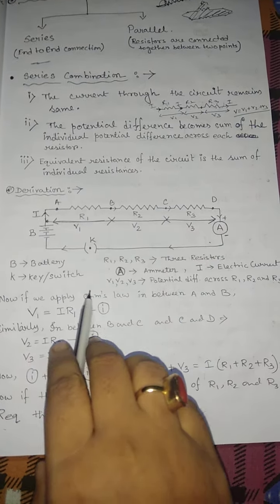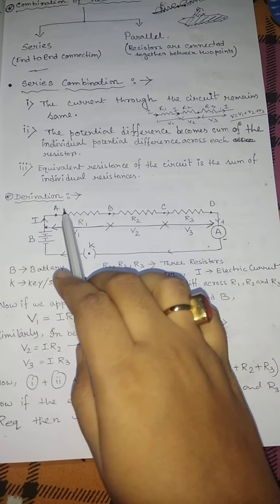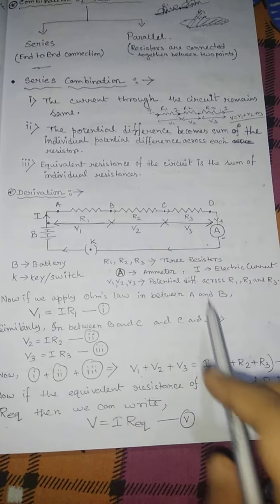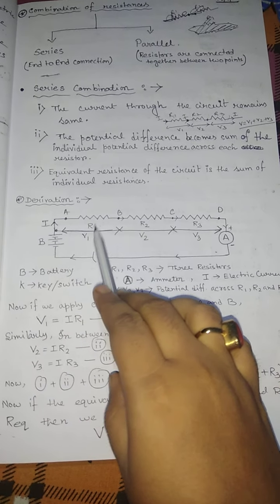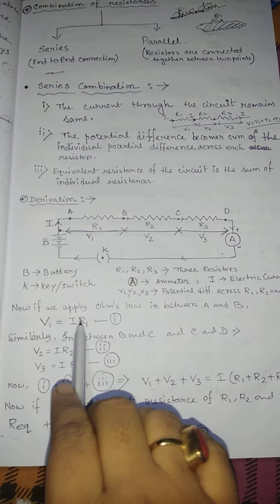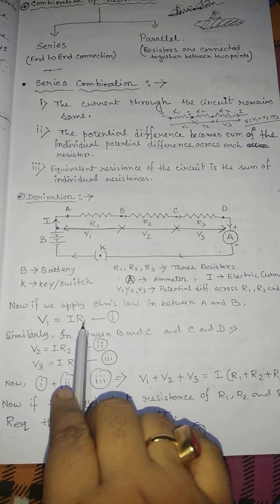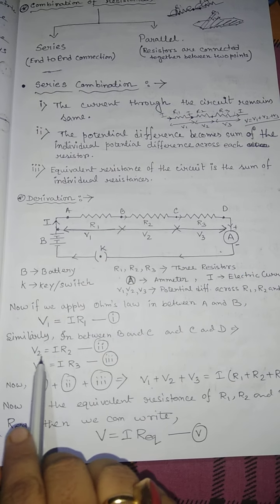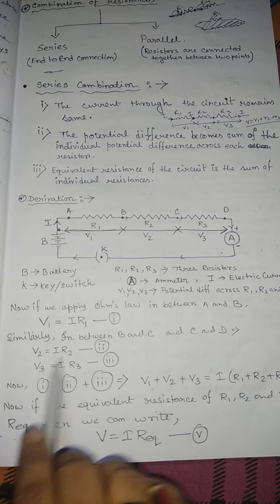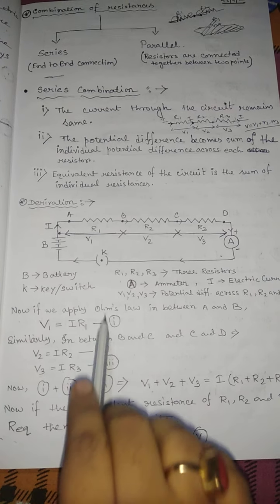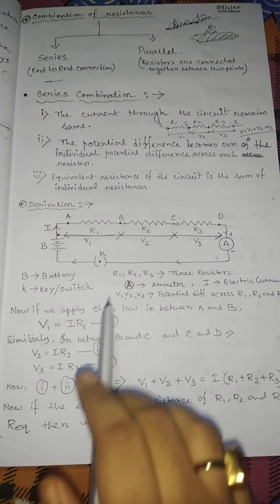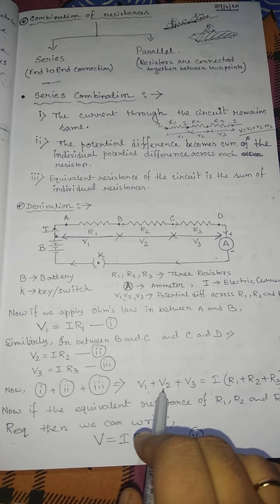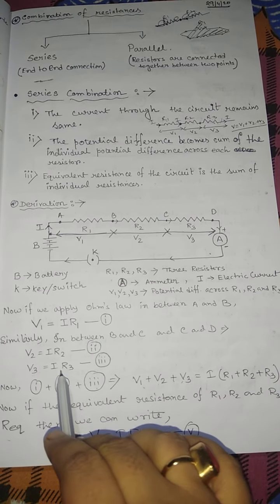Now if we apply Ohm's law across each resistor, first between A and B, that means across R1, V1 equals I into R1, because we know that V equals IR. Similarly, between B and C and between C and D, we get V2 equals IR2 and V3 equals IR3. Give these equation numbers. Now if we add these three equations, 1 plus 2 plus 3, we get V1 plus V2 plus V3 equals, I is constant, to